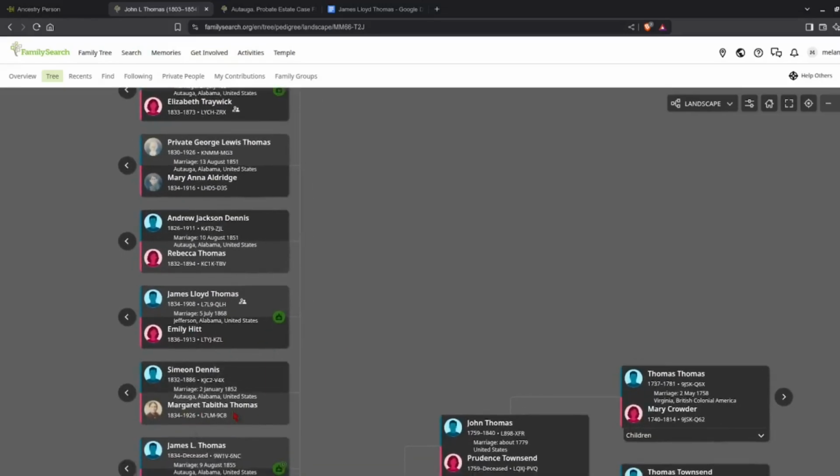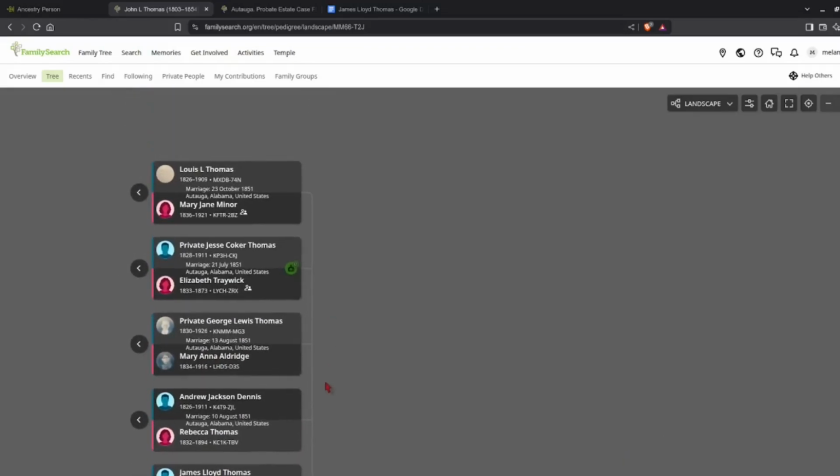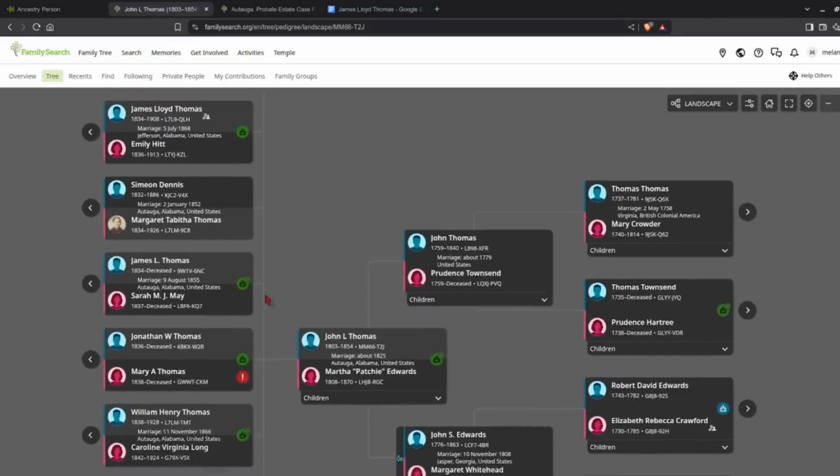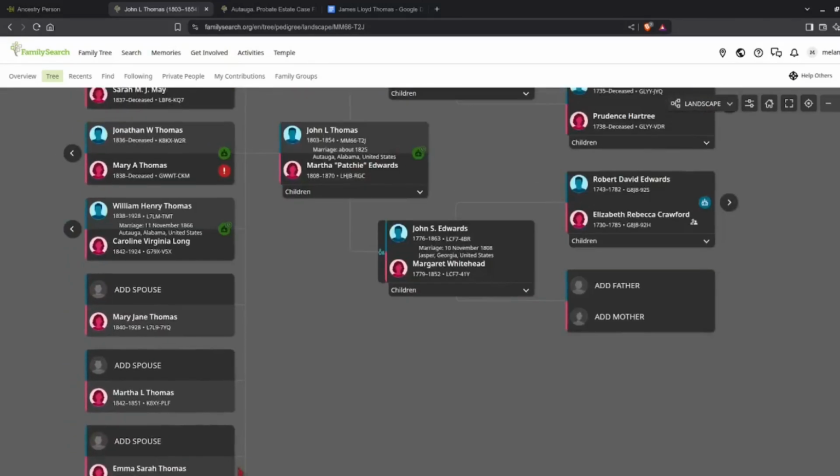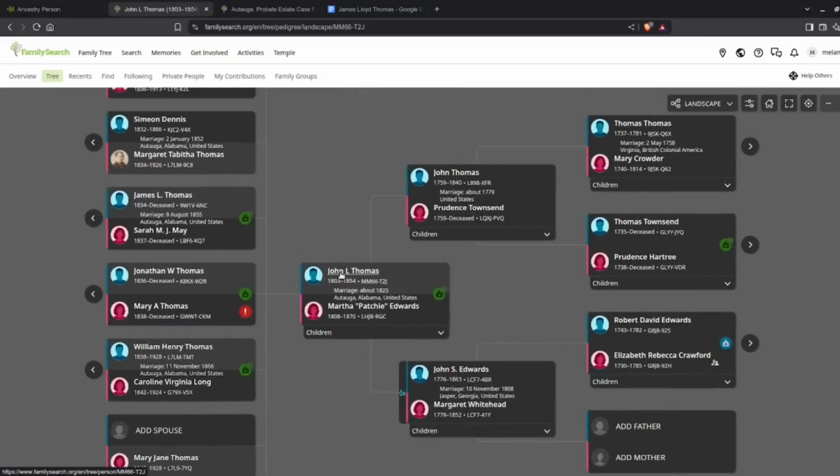And Margaret marries Simeon Dennis. So we're going to look at the Dennis family in a second. But the Connell name really drew my attention, and we're going to have to go and look at William May. So who's William May? So let's go back